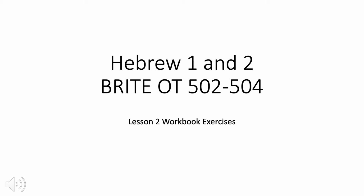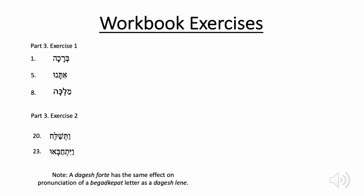Welcome to Lesson 2 Workbook exercises as we talk about syllabification, Dagesh lene and forte, and silent and vocal schwa. Let's dive in. There are two sets of exercises to be done here in part or chapter 3 of your workbook. Exercise 1 asks you to identify if this is a Dagesh lene or a Dagesh forte in each word, remembering